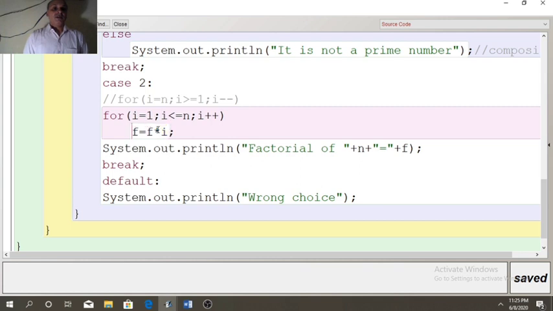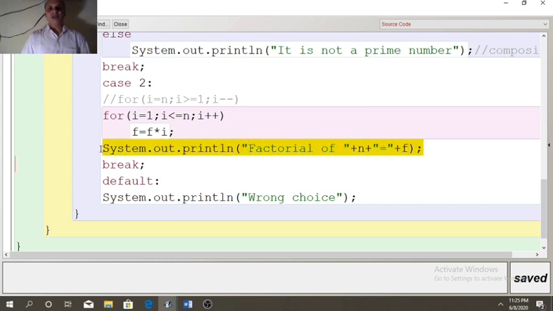So you have seen i has executed 4 times, 1, 2, 3, 4, and after multiplying all the 4 numbers 1, 2, 3, 4, f has become 24. Now i is 5 after update, and 5 less than or equal to 4 is false. So this time the loop will be over. When the loop is over, then the cursor will go to the statement after the body of the loop.